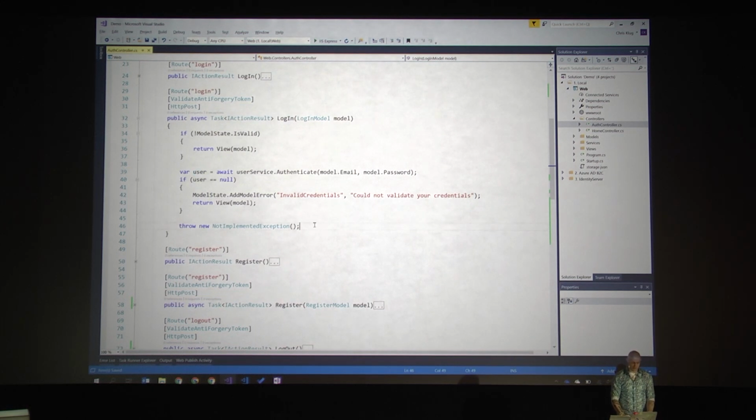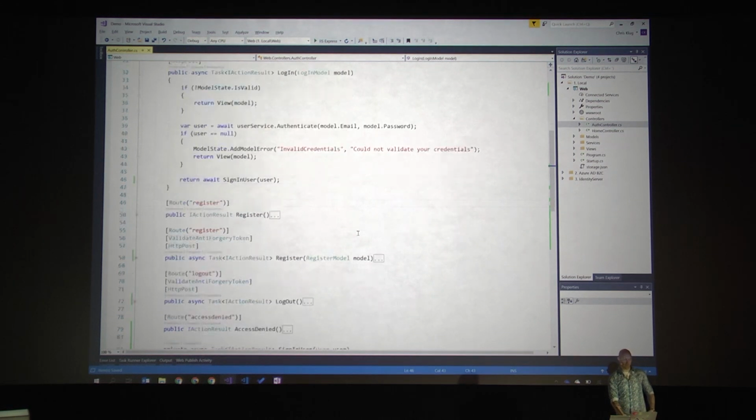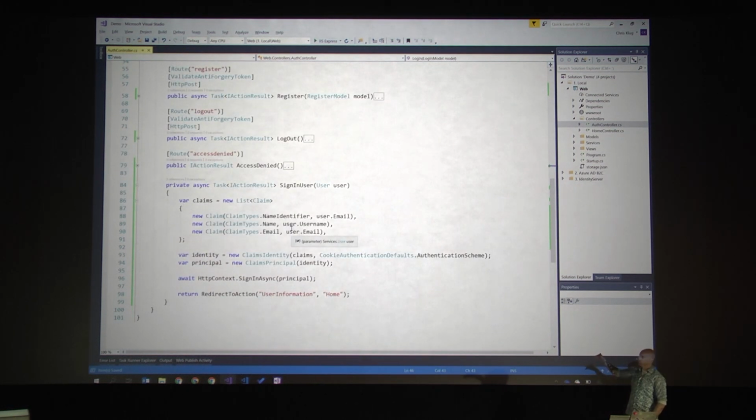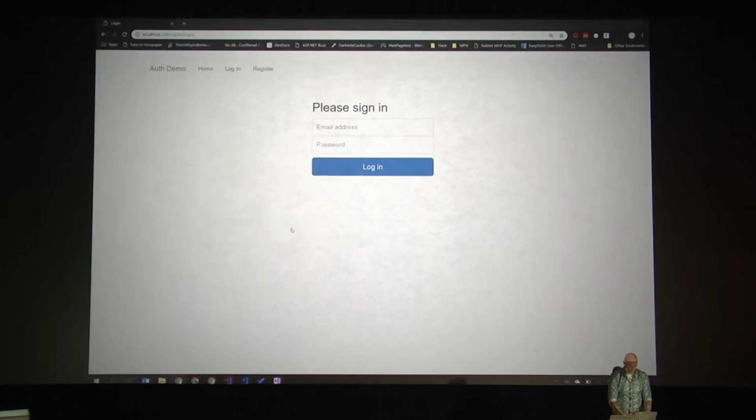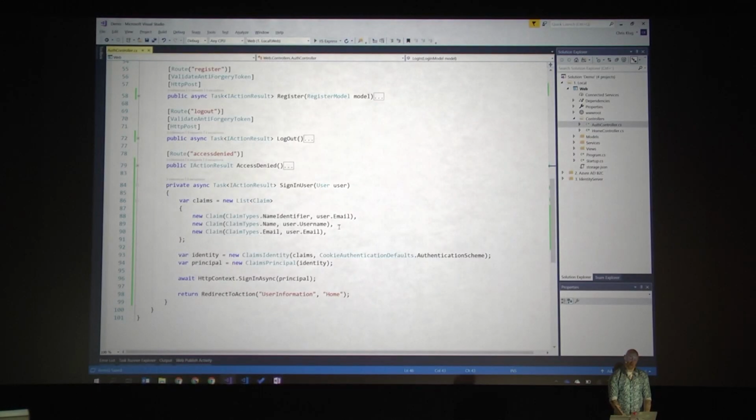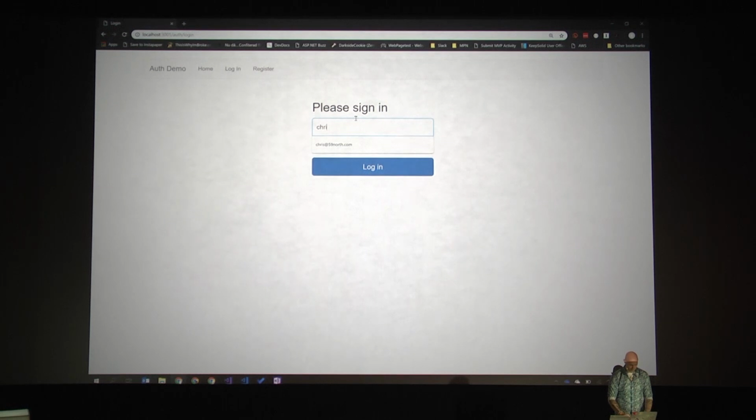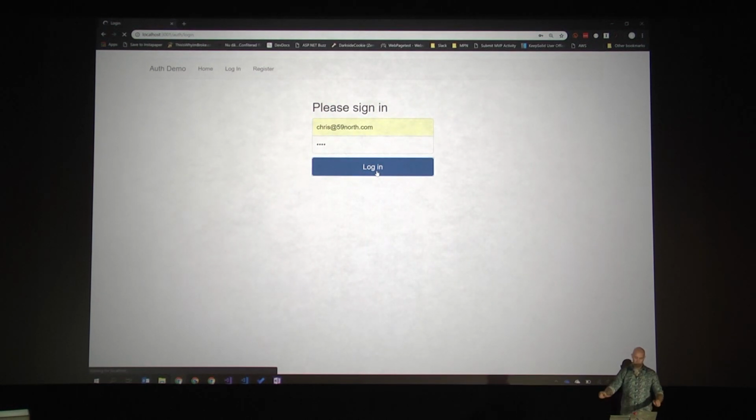But if everything is fine, I just return await SignInUser, passing in my user. Reusing exactly the same thing I did before, which is list of claims, claims identity, claims principal, sign in using the principal, redirect the user. So going back out here, making sure that I've saved that page, I should be able to put in my email address and my complex password, press login,